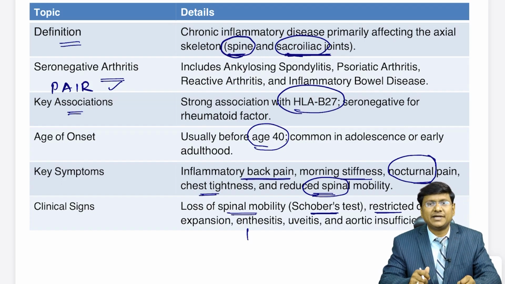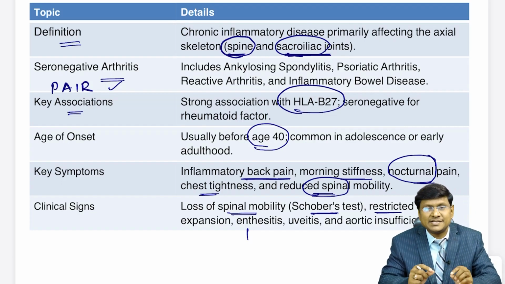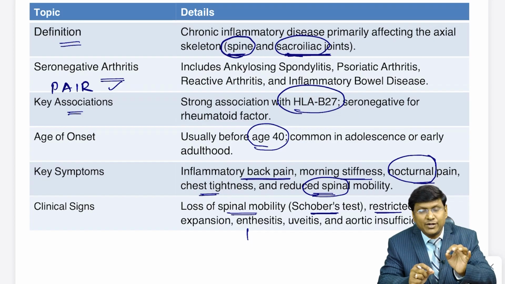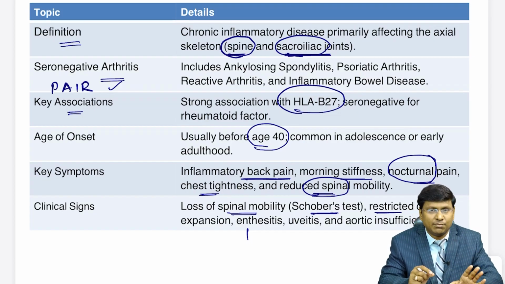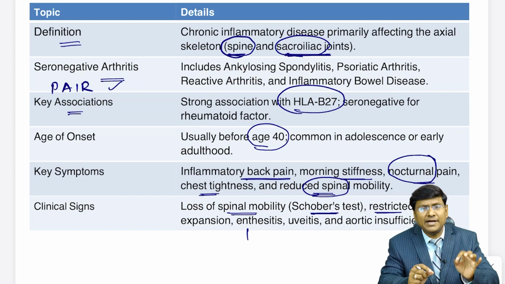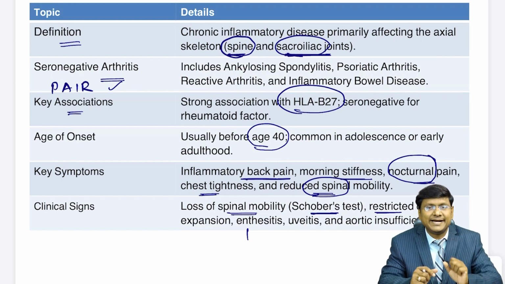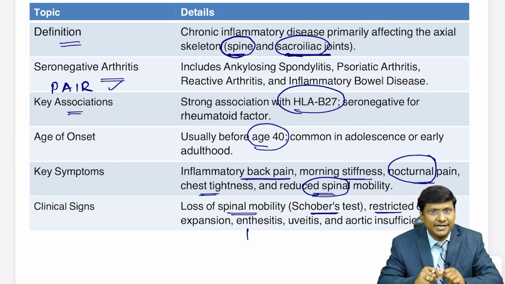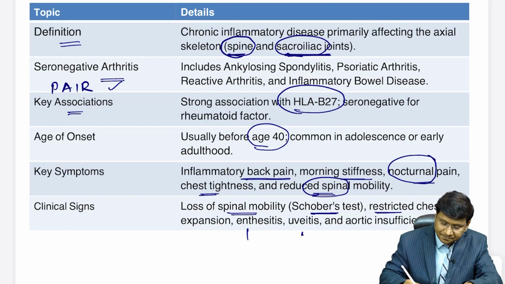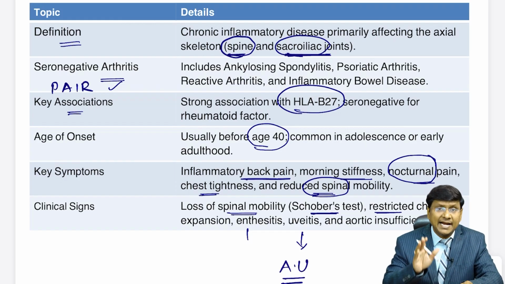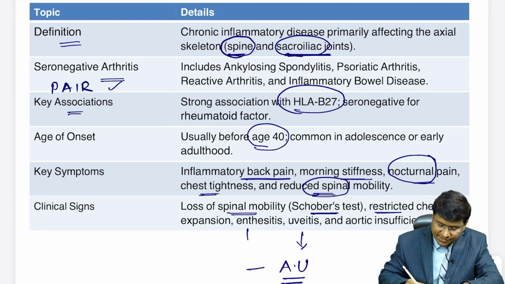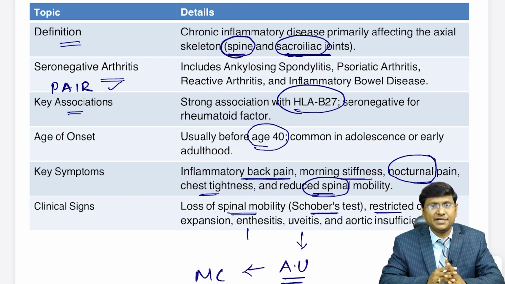What do you understand by the word enthesitis? Enthesitis means inflammation of the tendon at the point of insertion over the bone. Inflammation of the tendon at the point of insertion over the bone, that is what is called enthesitis. And these patients will also have ocular manifestation, in the form of anterior uveitis. And this anterior uveitis is considered the most common extraarticular manifestation in patients with